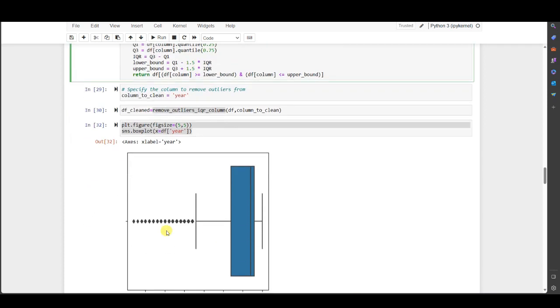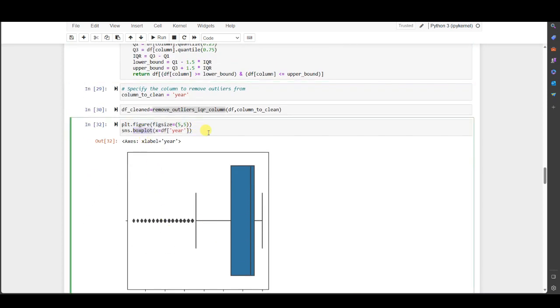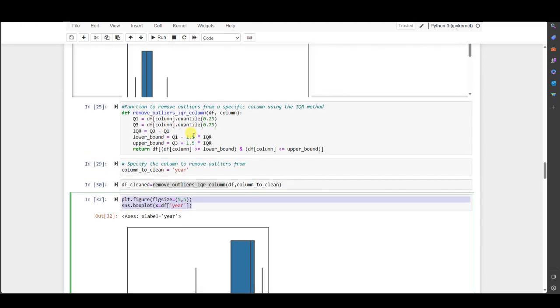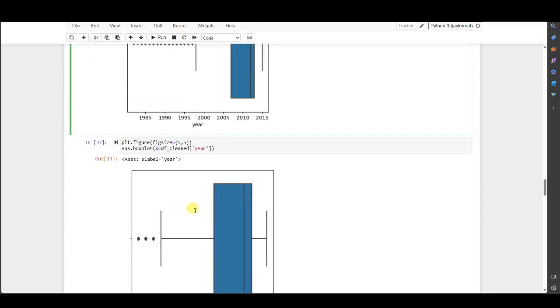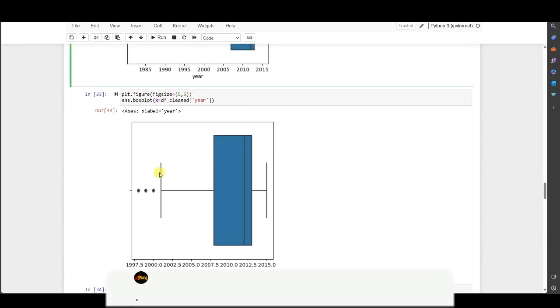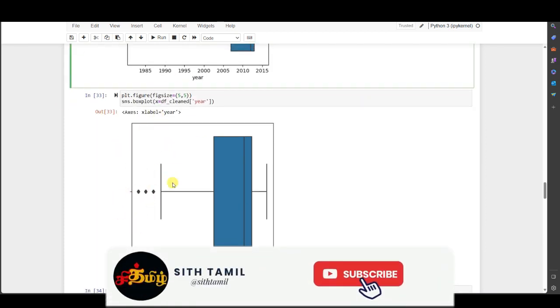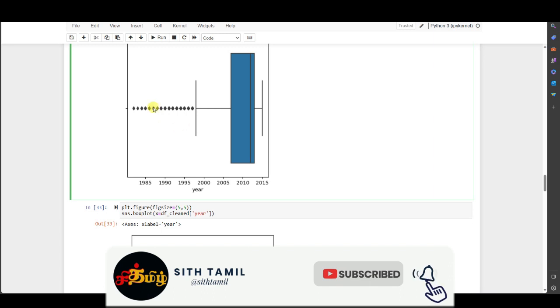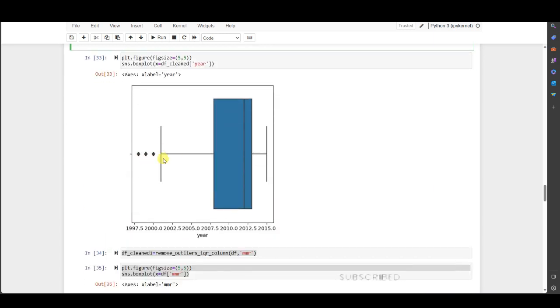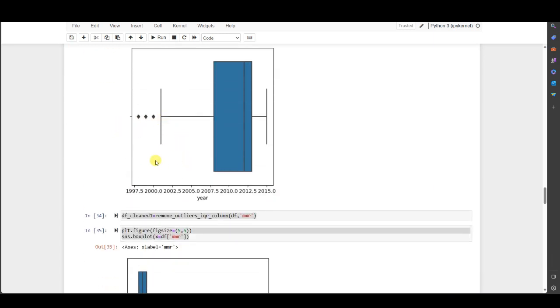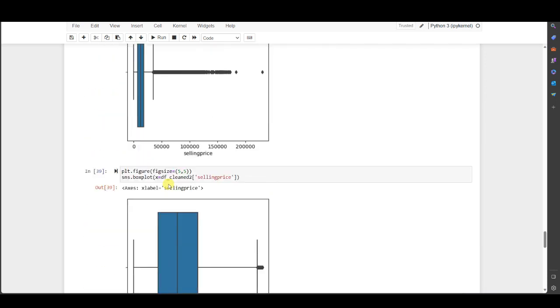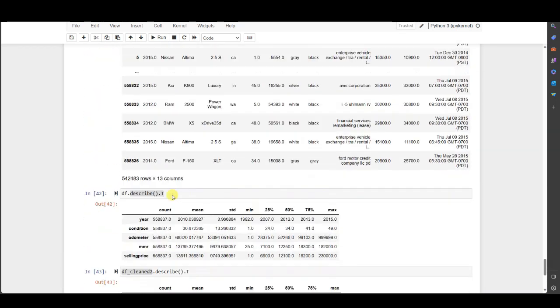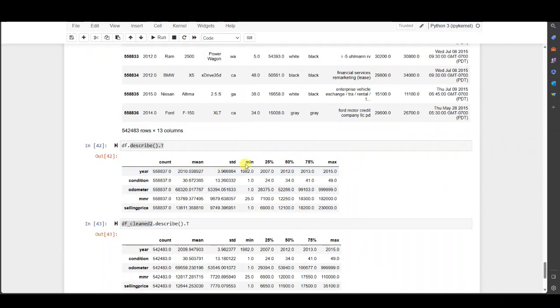Yeah. So we plot that data set first before using this function and after using this function. So we can see how it looks, how many outliers before and how many outliers after. See, so we remove those rows. Okay, and then we find our minimum and maximum values. So we know